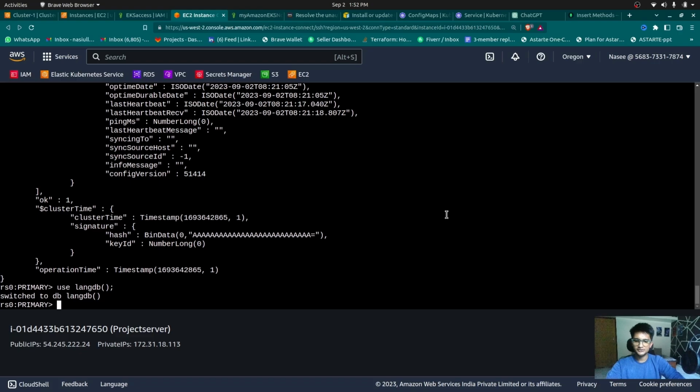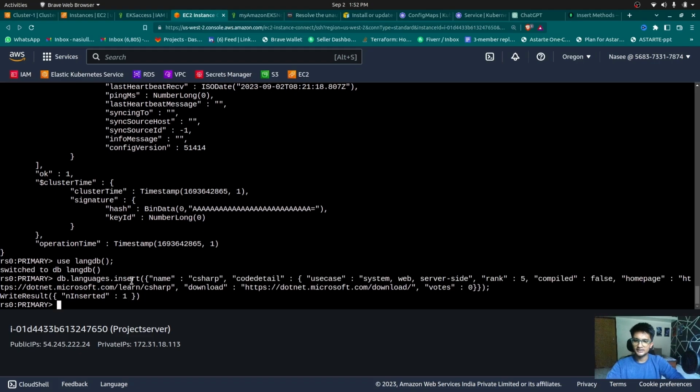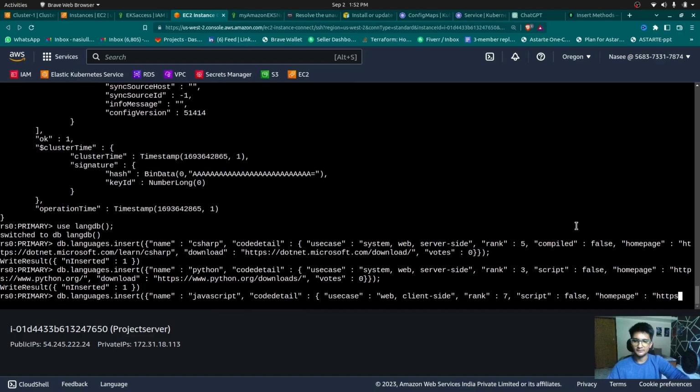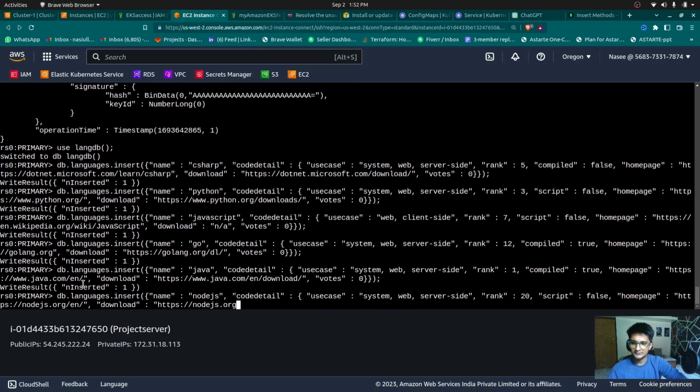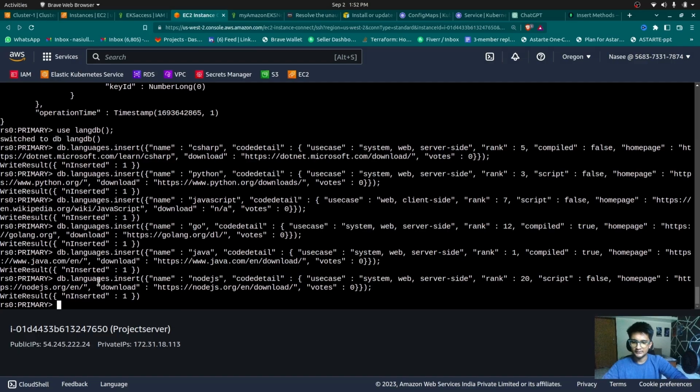And now I have all the queries here. So if I show you here, this query is to insert data, which is all this. So name is C#, use case is this, and as a result it says write result. Similarly, I'll go ahead and do that for all the different programming languages that I have. So you can get this in the readme section again. I'll be updating it very, very soon before I upload this video. So once I do this, you will see all the results it says,